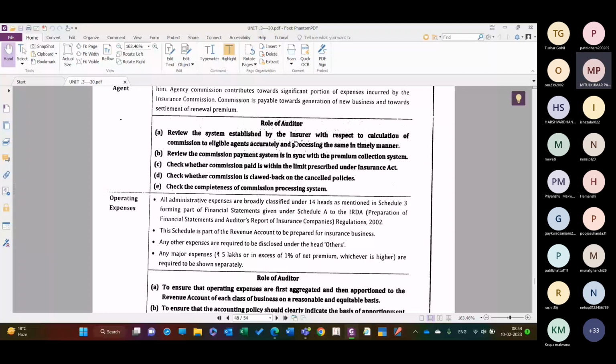है ना, तो ऐसा नहीं होना चाहिए. And check the completeness of the commission processing system. तो उनका calculation system बहुत अच्छा होना चाहिए. It is very easy to understand, so I am not discussing much. Then